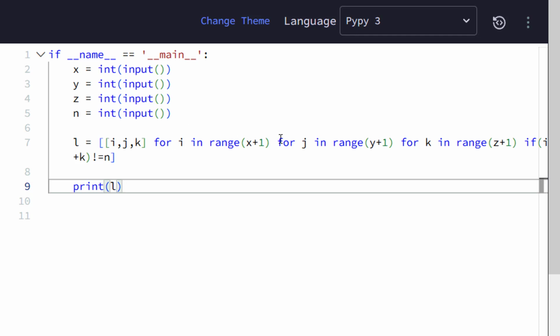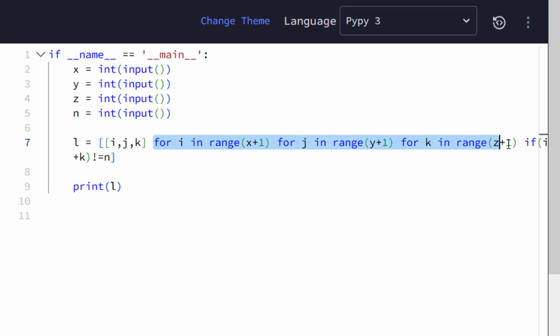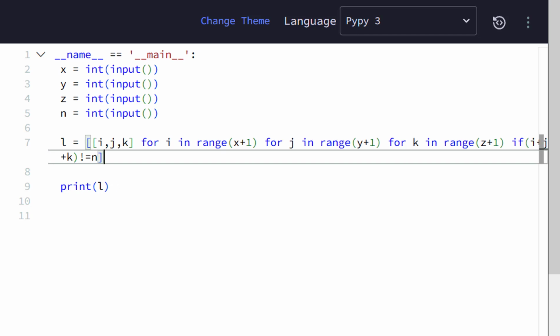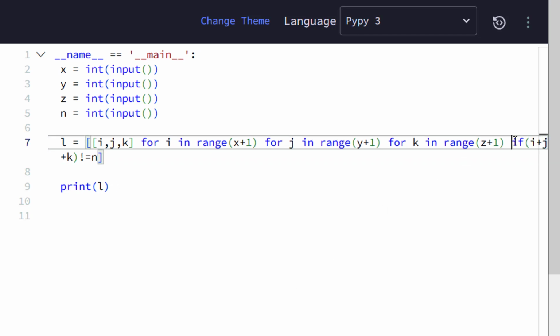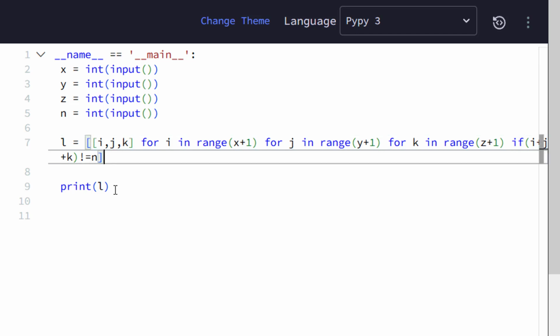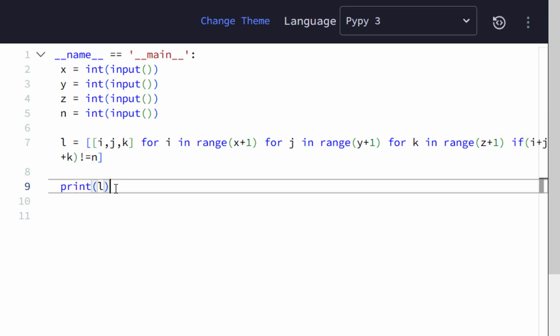And here we can mention nested loops just like this. It's really very simple, right? It's fun, isn't it? And at the same time we are putting the condition. That's it. And next we are printing L.